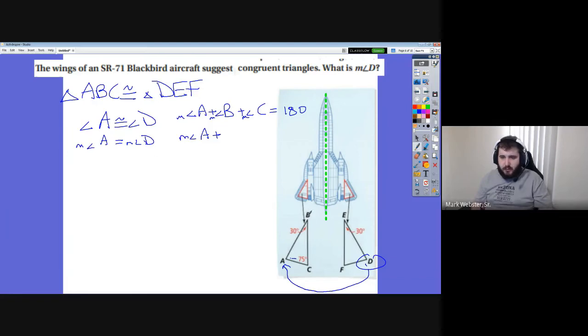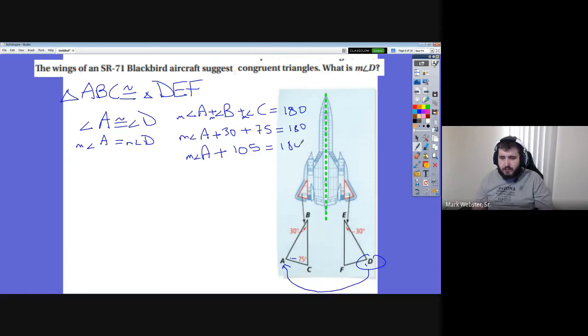Plus the measure of angle B, which they tell us is 30. The measure of angle C, they tell us is 75. Equals 180. So let's add these together. And if you're writing the measure of angle A over and over again, if you're one of those people, you want to replace that with an X, feel free. 30 and 75 is